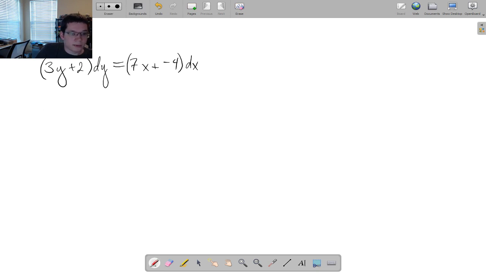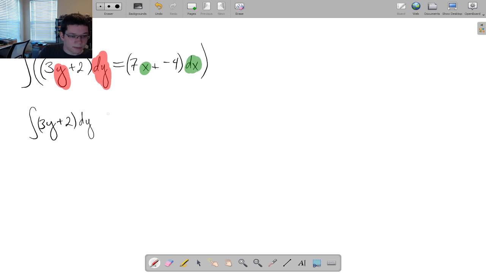It's already in separable form because we have the x's and dx's together on one side, and the y's and dy's together on the other side. And since they're in that form, it's easy to just integrate the whole thing. So then we have the integral of 3y plus 2 dy equal to the integral of 7x minus 4 dx,